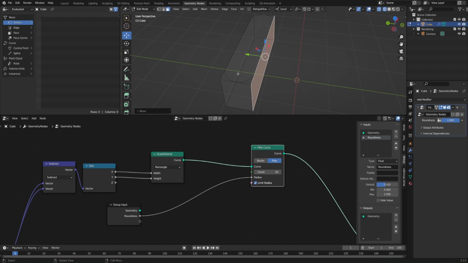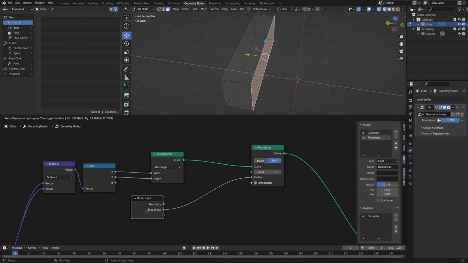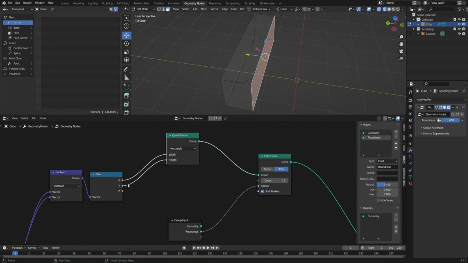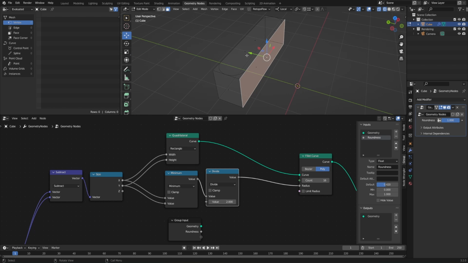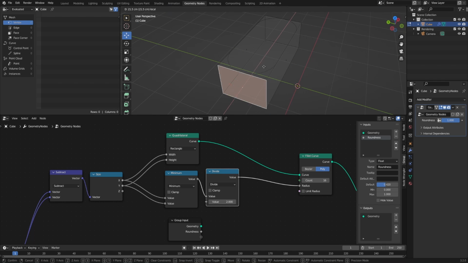So let's just give it a radius of exactly half of the shortest side, and that'll be perfect. Luckily, we have our size information right here. We can just take the x and the y and find whichever one is the shortest based on a minimum operation. So I'll drag out from the x, type in minimum, and use a math minimum, and plug the y into the second value. So if we plug that into the radius, and uncheck limit radius, it'll be exactly double of what we need. So we need to cut that in half. I'll just Shift D and duplicate this node over, set that to divide, and divide it by 2. There we go. Now no matter how big this is, or what the dimensions are,